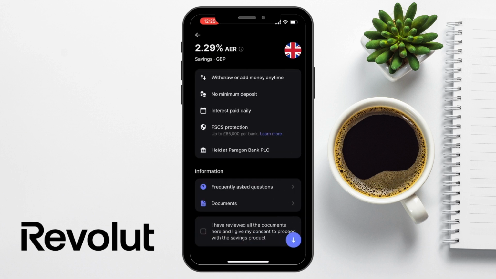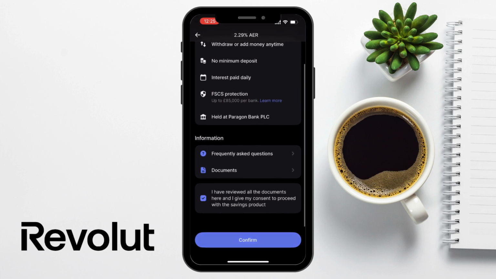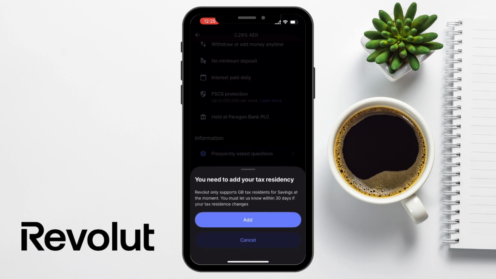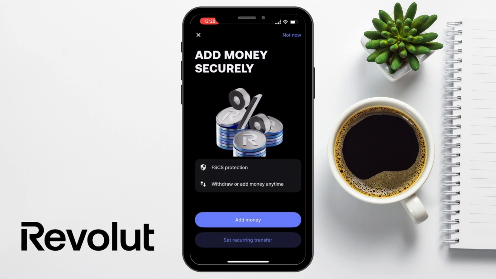With the savings plan, you can withdraw or add at any time, there's no minimum deposit, and your interest is paid daily. As you can see, this is FSCS protected and held at Paragon Bank. To continue, tick the box to state that you give your consent to proceed, and then confirm. You'll then need to have added your tax residency information if you've not already, by entering an NI or UTR number for the UK. Your savings account will then be created,